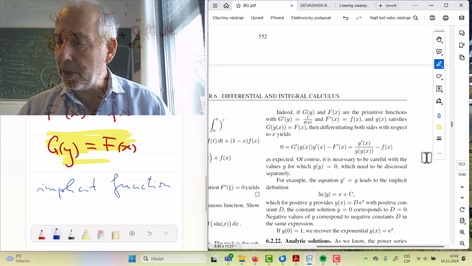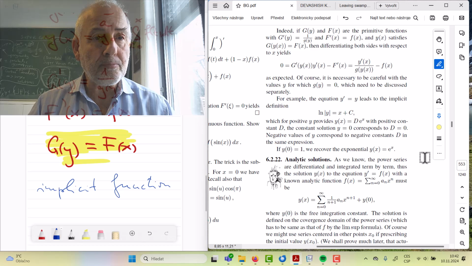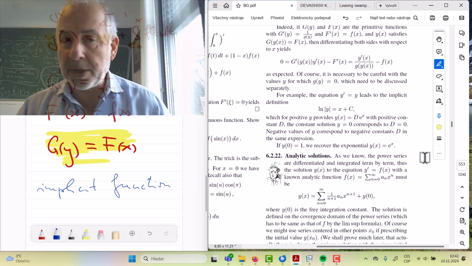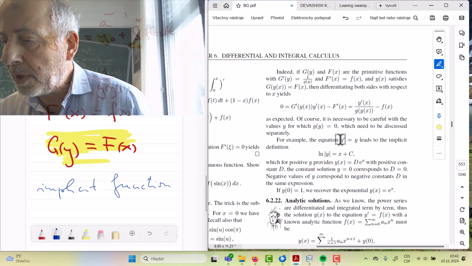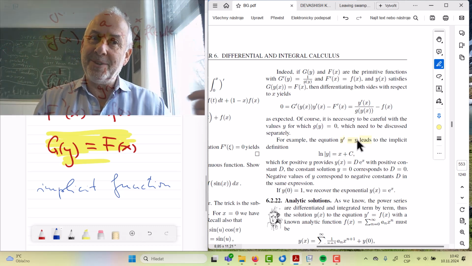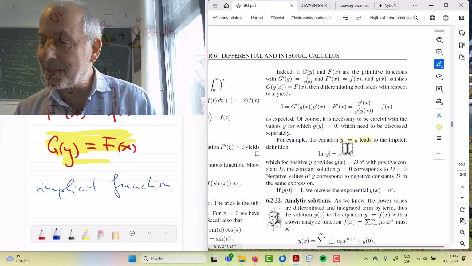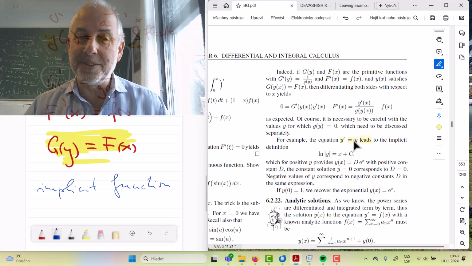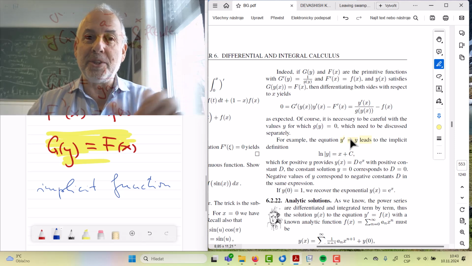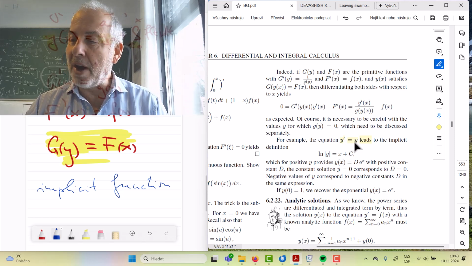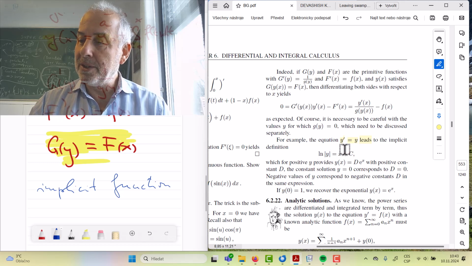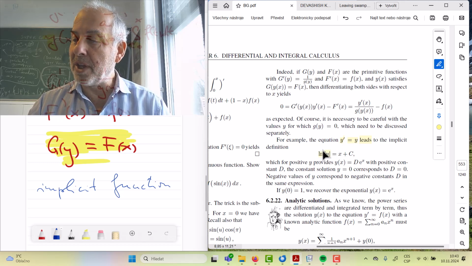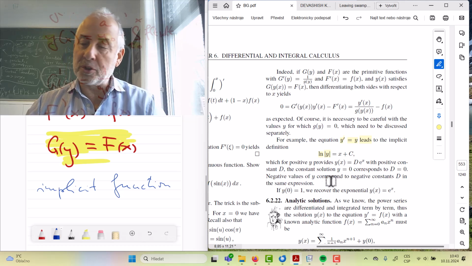So just to have a look at some example. The simplest example is this one. It's just the opposite of the antiderivative in the Newton integral style. So here we have an equation where the x doesn't appear at all on the right-hand side. So it's a special case of the separated variable equation, and you see you simply divide by y and you get on the left-hand side the primitive function ln y in absolute value. On the right-hand side you get x plus c, and so after some thinking you get that